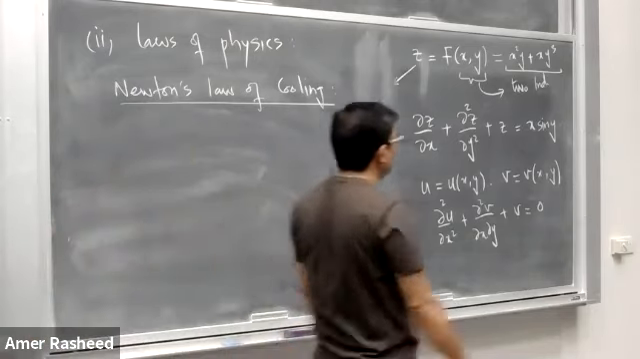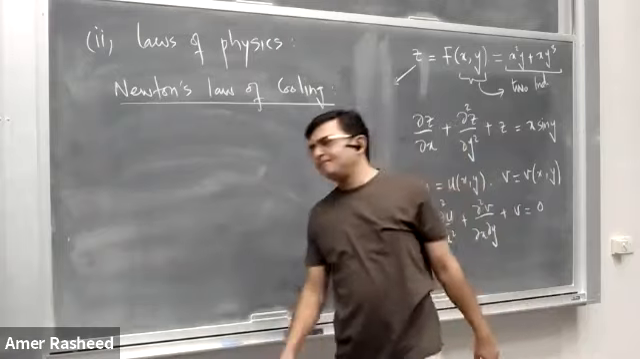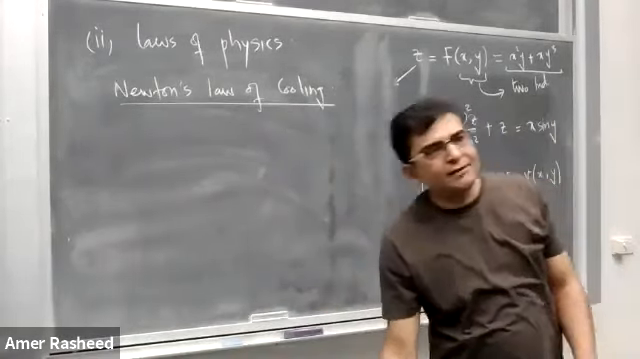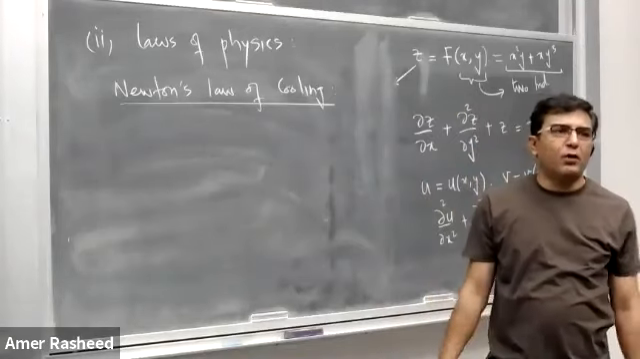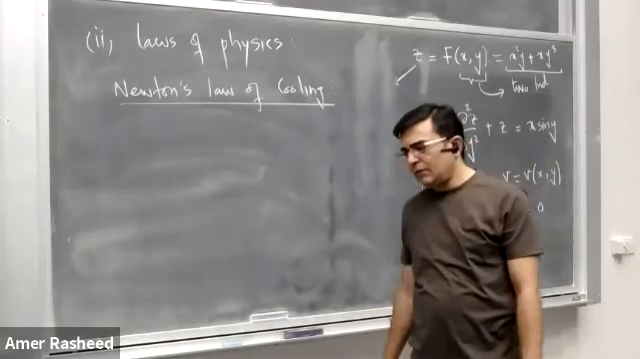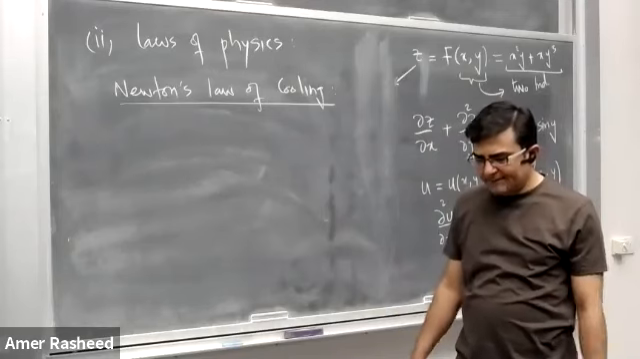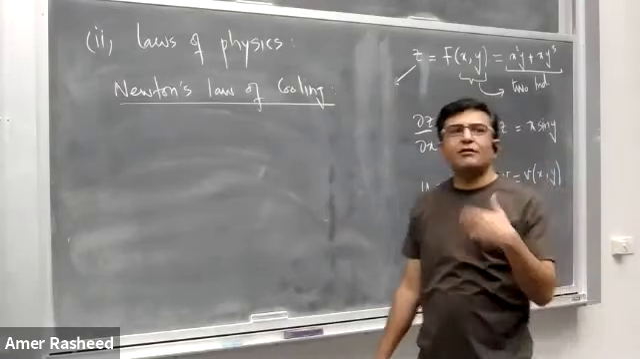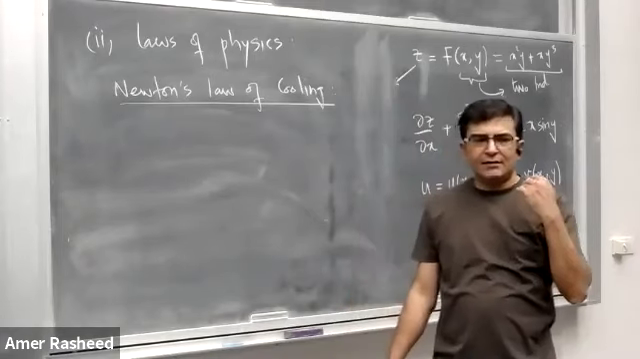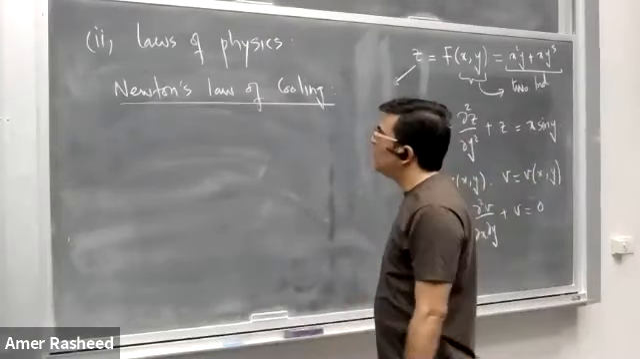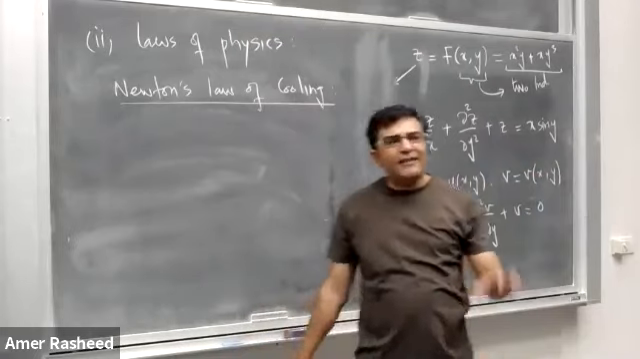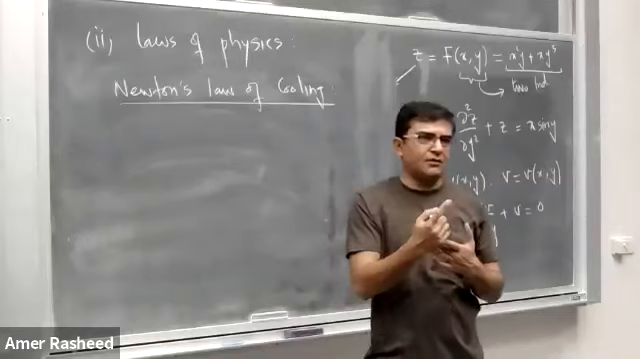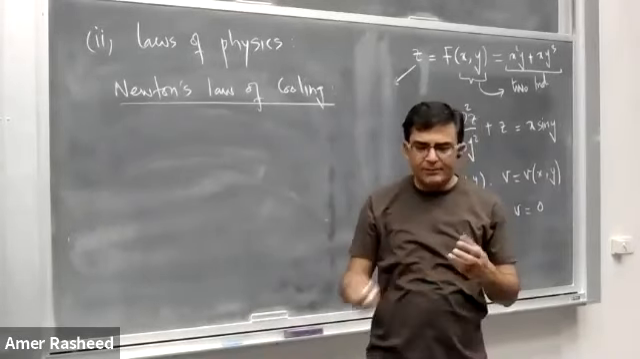Newton's law of cooling tells us that the rate of change of temperature of a body is proportional to the difference between its current temperature and the ambient temperature, the temperature of the surroundings. For example, आप